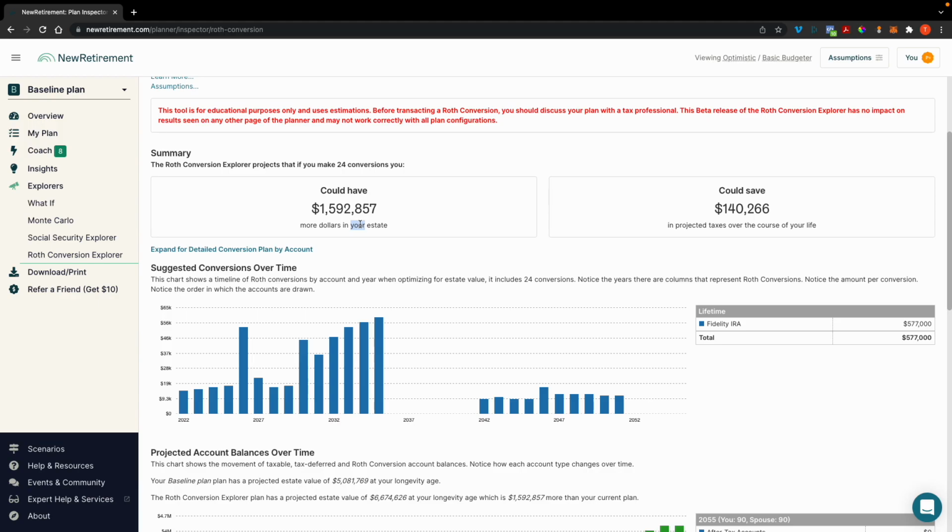And for that conversion to work, you need to pay taxes out of income, or out of a taxable investment account, or checking or savings accounts that are liquid, right? Roth conversions, just as I mentioned in the previous videos, are not optimal if you are paying for the conversion out of the conversion itself.